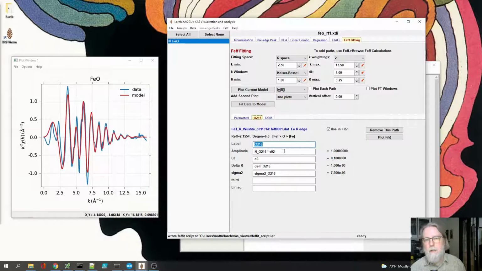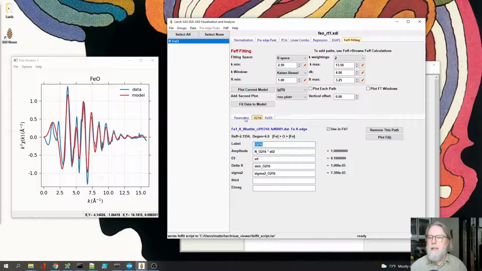That broadens or smooths the measurement, so that can be folded into an S0 squared. So varying the beamline, or the slits on the beamline, can change what the resulting S0 squared is. So often people will measure a standard under the same conditions and use the fit to the standard to get